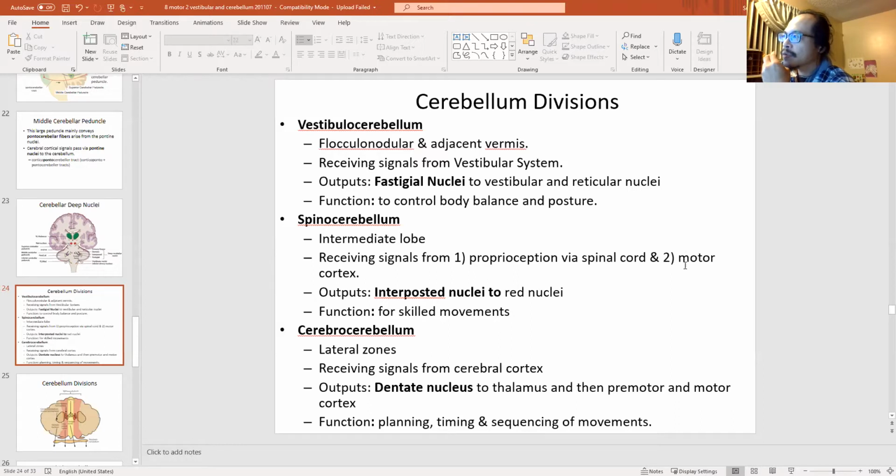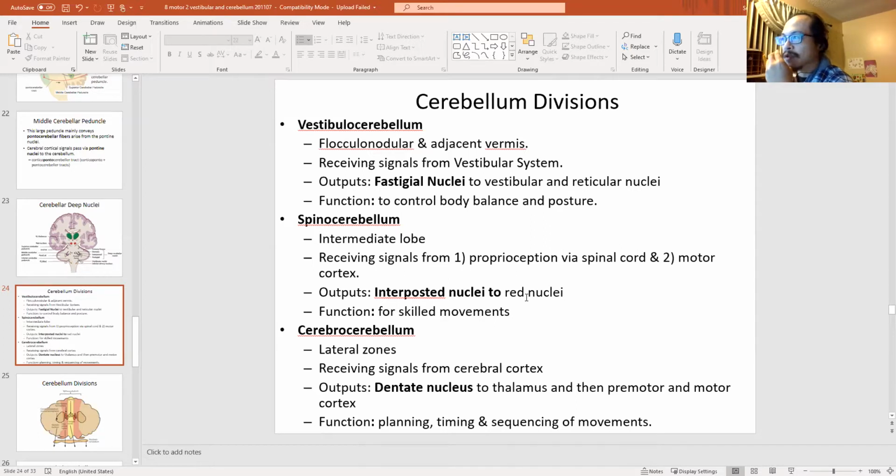Then these two will integrate together to affect the interpositus nuclei, and then the output is through the interpositus nuclei to the red nuclei, and the red nuclei will then send signal